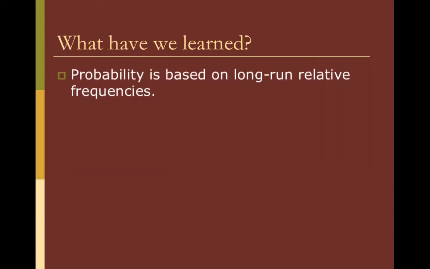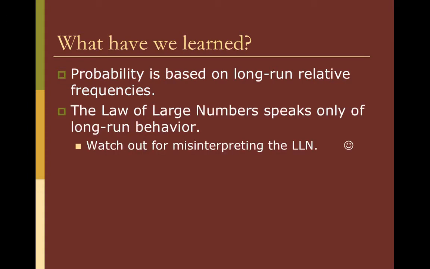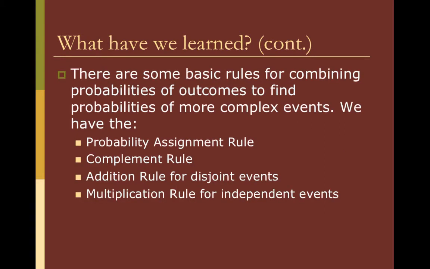So what have we learned here? We've learned that probability is based on long-run relative frequencies. The law of large numbers speaks only of long-run behavior. So you want to watch out for misinterpreting the law of large numbers. There are some basic rules for combining probabilities of outcomes to find probabilities of more complex events. We have the probability assignment rule, the complement rule, the addition rule for disjoint events, and the multiplication rule for